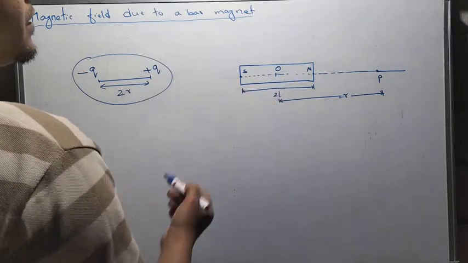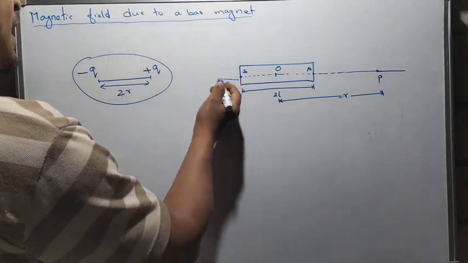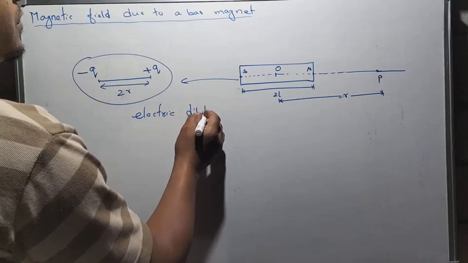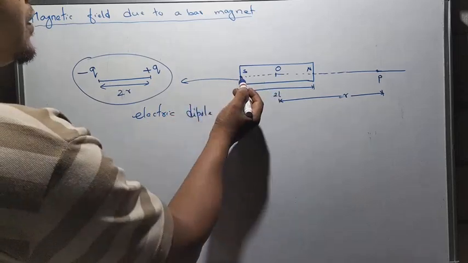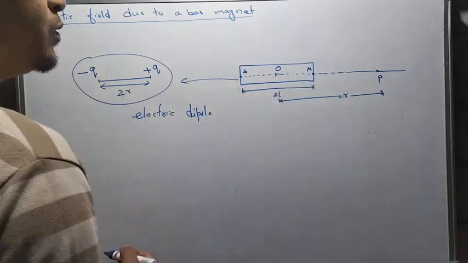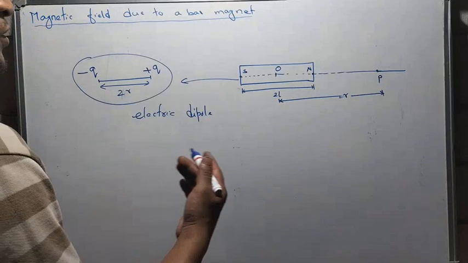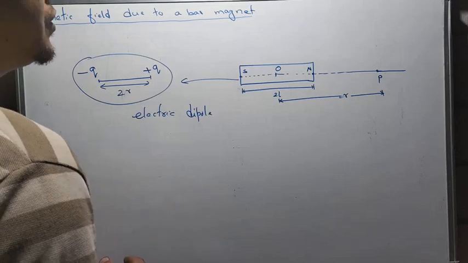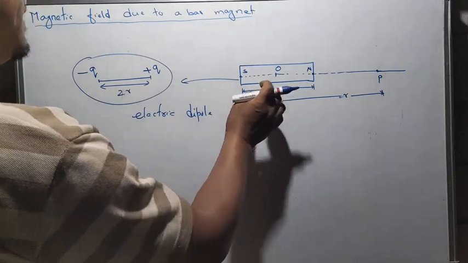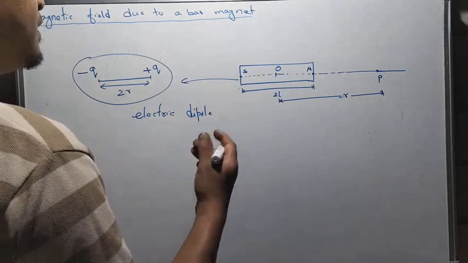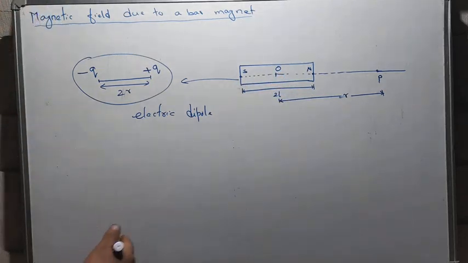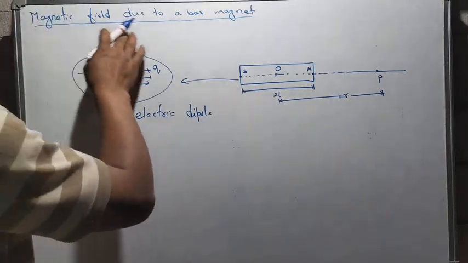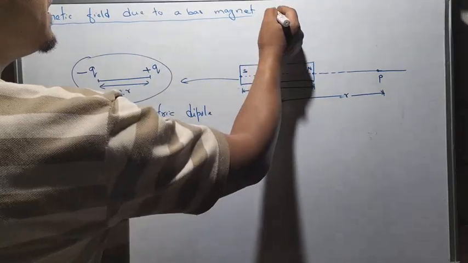Similarly, when you look at a bar magnet, we can treat this bar magnet as an electric dipole. This is because this bar magnet consists of two equal and opposite poles, and the strength of each pole in this case is the same, but the difference is only the sign. That is why this bar magnet is sometimes known as a magnetic dipole. All right, so now I want to determine the magnetic field due to a bar magnet, let's say at